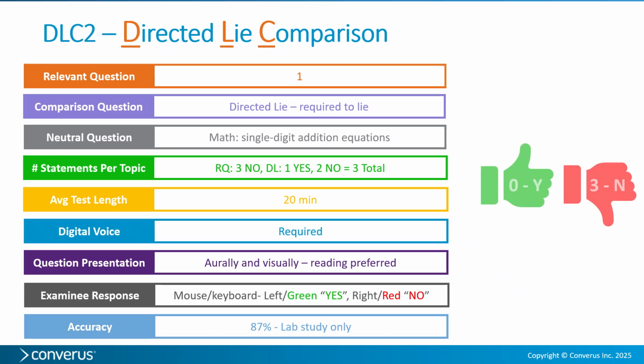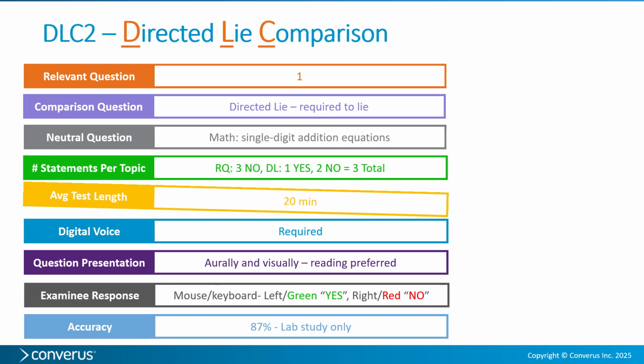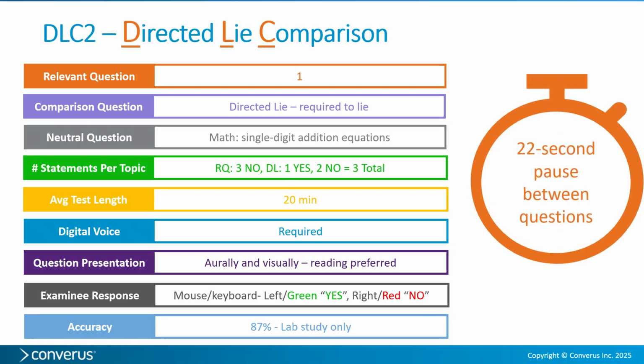There are 3 no for the relevant topic and then 1 yes and 2 no for the directed lie. That makes a total of 3 unique questions needed for both the relevant topic and the directed lie. Second, the DLC2's average test length is about 20 minutes. Even though it has fewer questions than the DLC3, it is still longer because there are 22-second pauses in between